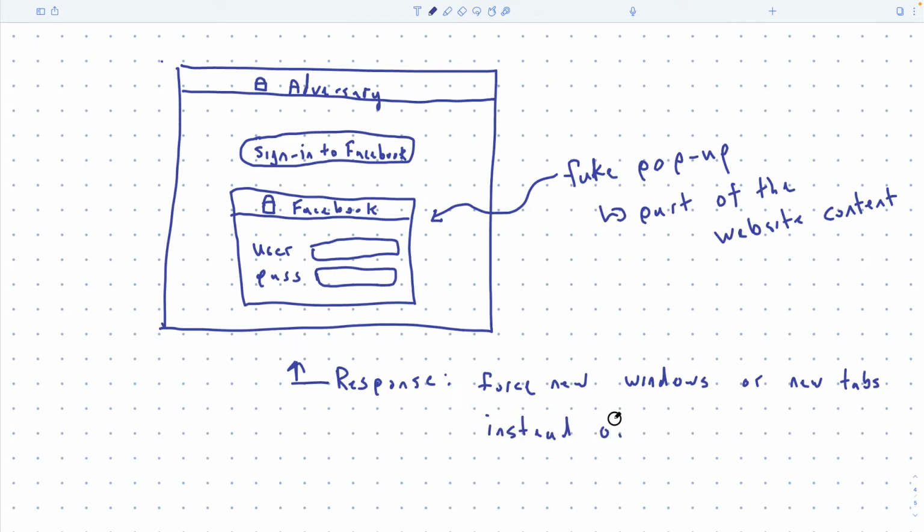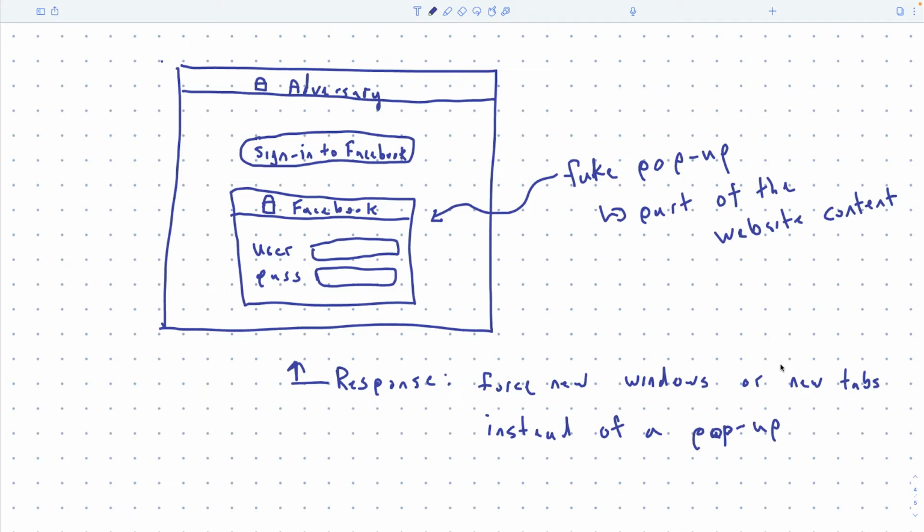Instead of a pop-up. So a pop-up means like a smaller window that's sort of overlaid on the current window. Now the real reason that browsers did this is because there was a lot of websites that were really annoying. You would go to them and they would open like a million pop-ups, right? And then the browser said, by default, if a website wants to open a bunch of new tabs, you're not going to let it, right?